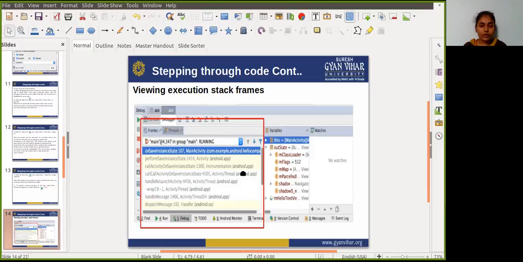Android Studio and the Android SDK include a number of other tools to help you find issues in the code, and these tools include the system log, that is logcat. You can also learn in this section that you can use the Log class to send a message to the Android system log.